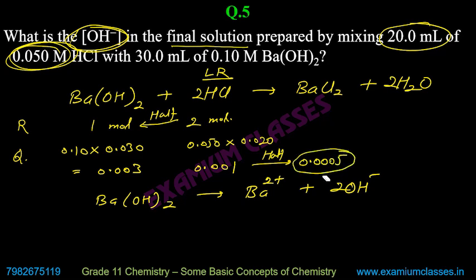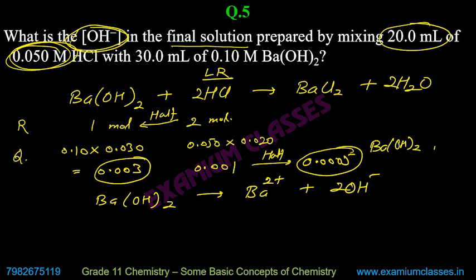It means this much Ba(OH)2 will get used. I'll explain it again, it is slightly tricky. So the limiting reagent decided how much Ba(OH)2 got consumed. So this much got consumed. Hence, Ba(OH)2 is left